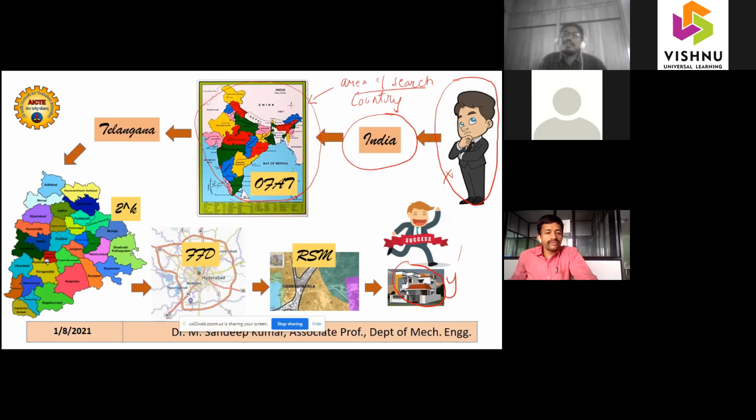So what I have to do is further narrow down my search, isn't it? The search area, or area of search, I am further narrowing down. So instead of country, I am going for state. So this is the state. So now what I am doing here is,